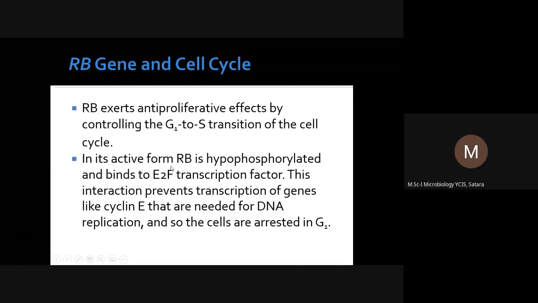So in active form, this RB is hypophosphorylated. Hypo means less phosphorylated. So it binds with the E2F. In active form of this retinoblastoma, it is always bound with the E2F, that is a transcription factor. So because of this binding, this interaction prevents the transcription of the gene, that is cyclin